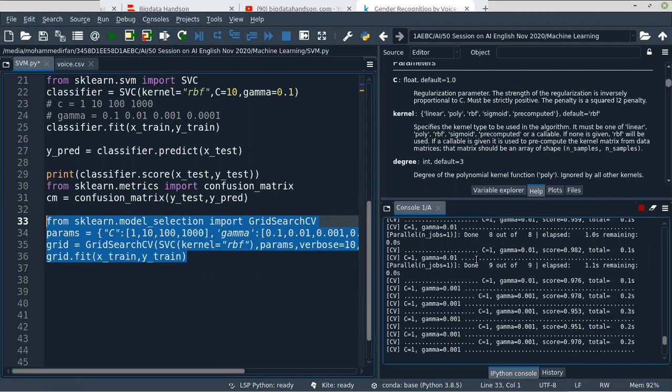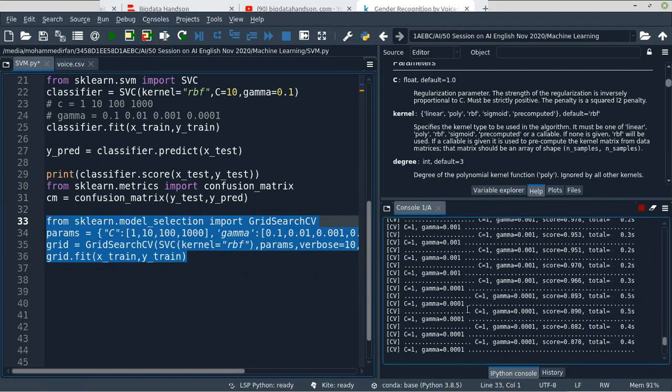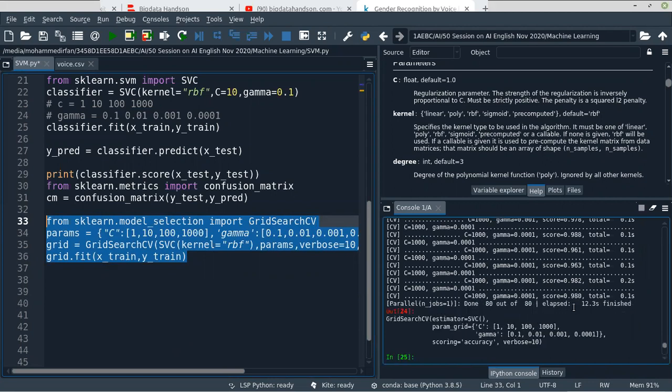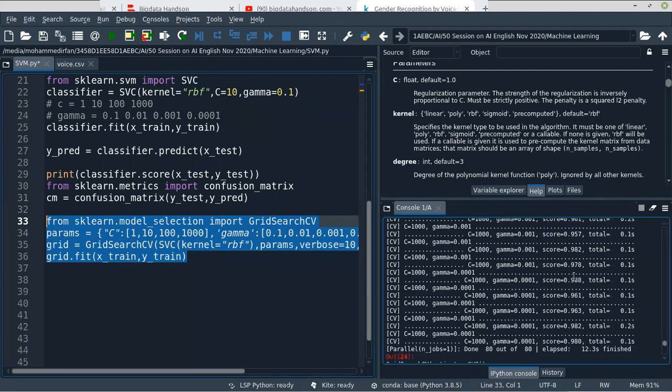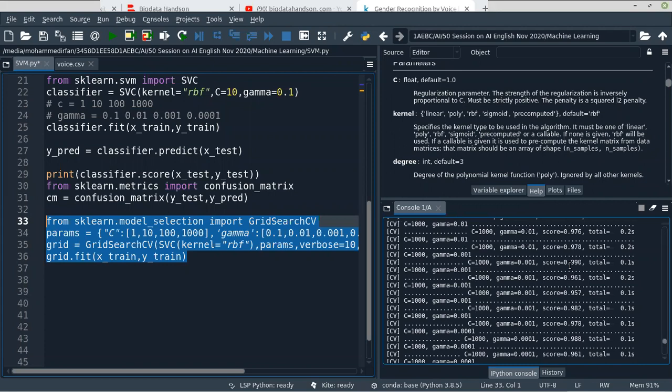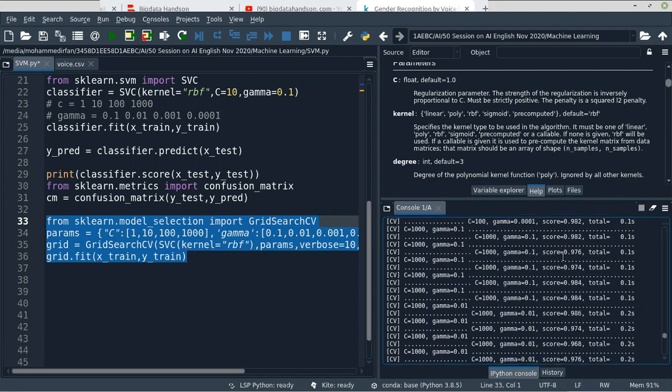You can see it's just running the combinations, and you can see the accuracy is decreasing, increasing, and it will give you the best result. Here we got 0.99 accuracy with the combination C 1000, gamma 0.001.